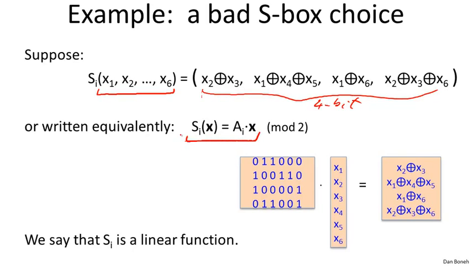So here you have the matrix A and the vector, the 6-bit vector X. And you can see that if we write this matrix vector product, basically we take the inner product of this vector with the input vector. Remember, these are all bits. So the 6-bit vector, inner product, another 6-bit vector, and we do that modulo 2, you realize basically what we're computing is x2 XOR x3, right, because only position 2 and position 3 have 1s in it. And similarly, the next inner product will produce x1, x4, x4 XOR x5, and so on and so forth. Okay, so you can literally see that if the S boxes are implemented this way, then all they do is just apply the matrix A